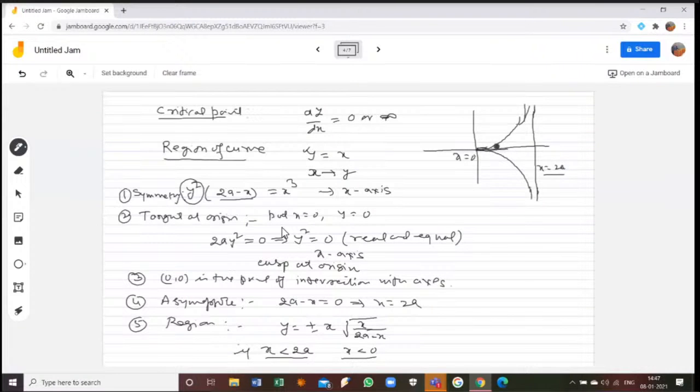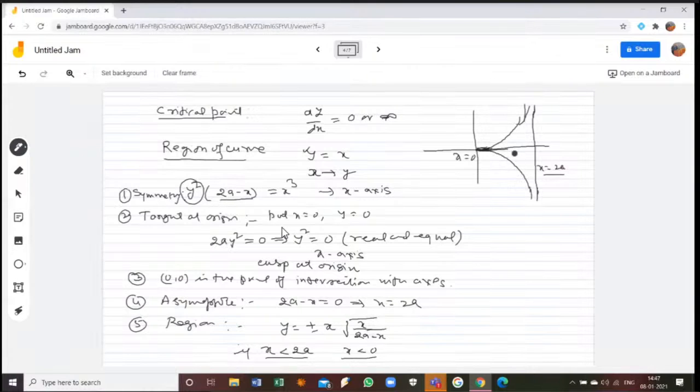And you can see here there is a cusp at the origin. If there is a cusp, then there will be a common tangent for this curve. And there will be two branches because y square equals 0. So there will be two branches of this curve. I mean the curve is the same, only one curve is there, but at the origin it branches in two. One is here and the other is here. So this is the curve.